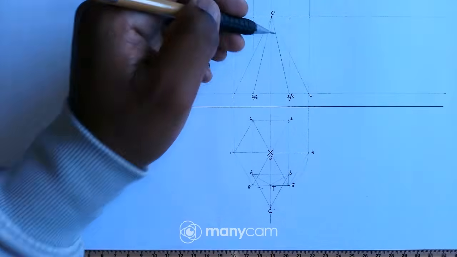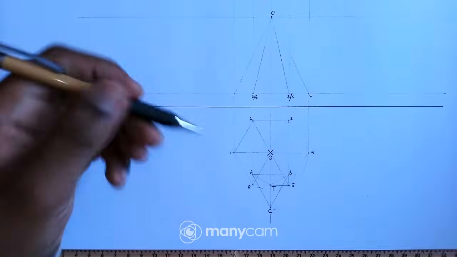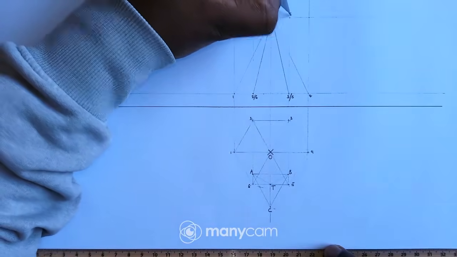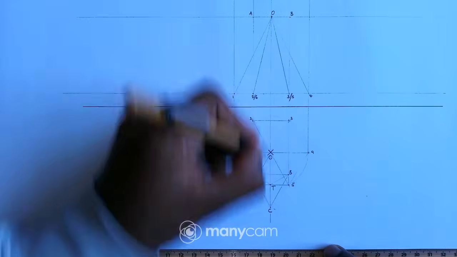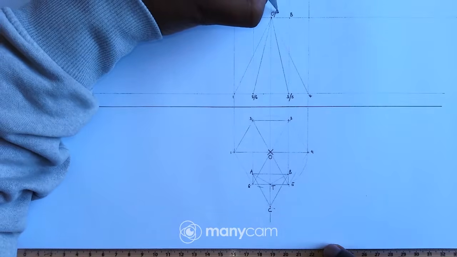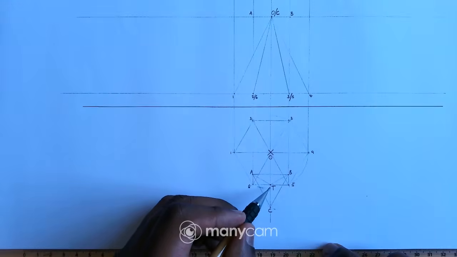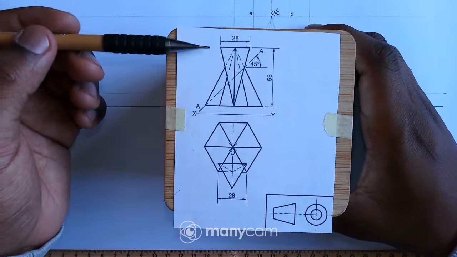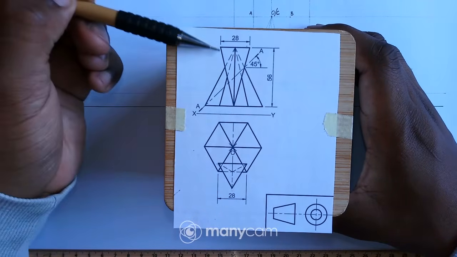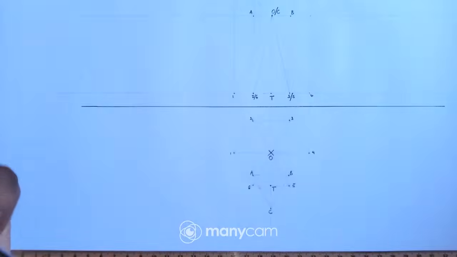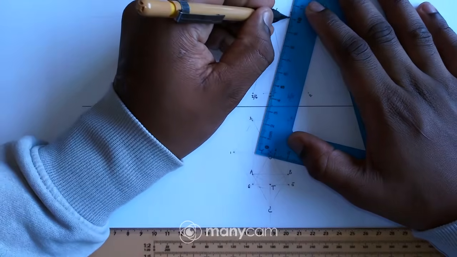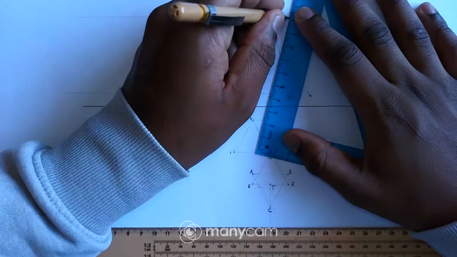So now let me just complete my front view. So there I have point A, point B is there, and C is there. Okay, and T is just down there, just like that. So now I can just draw my front view. So obviously the triangular pyramid is just in front, so that means I'll just draw the whole view using outlines. So I'll just draw outlines here. So this is an outline